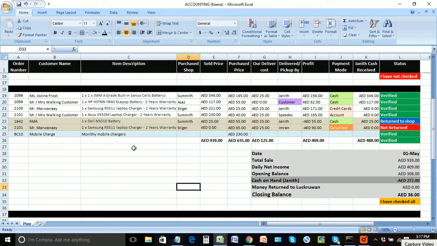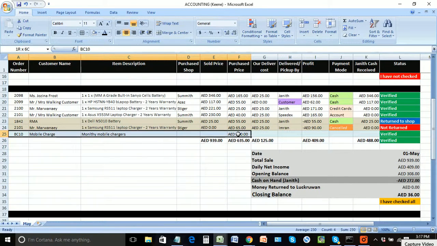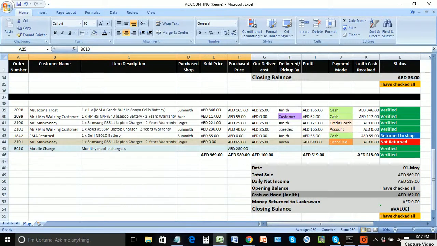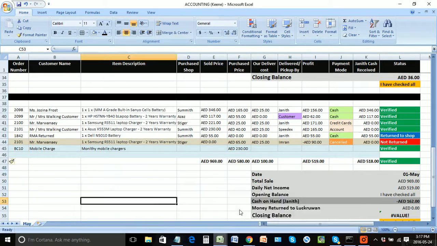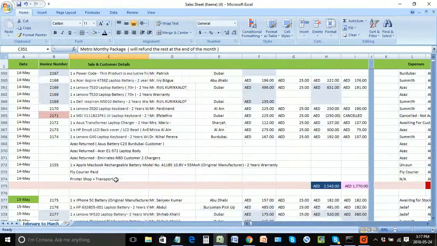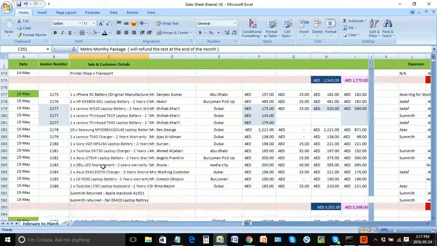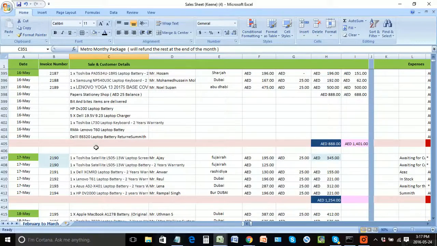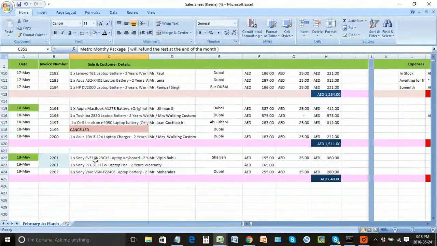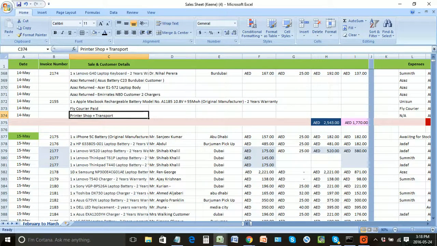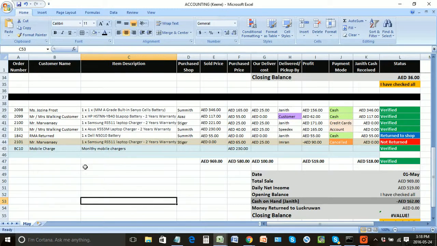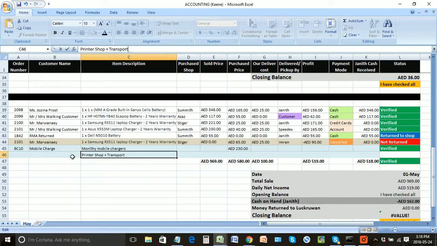And here, if you're adding additional expenses, like let's say we paid, let's have a look at it here. It's really very confusing at the moment. Like this one, printer shop transport. Obviously it's an additional expense, a business expense. So you need to do that. You say business expenses,